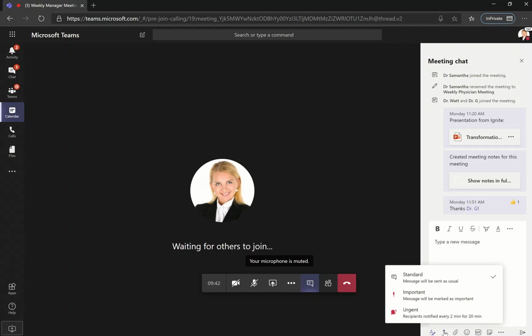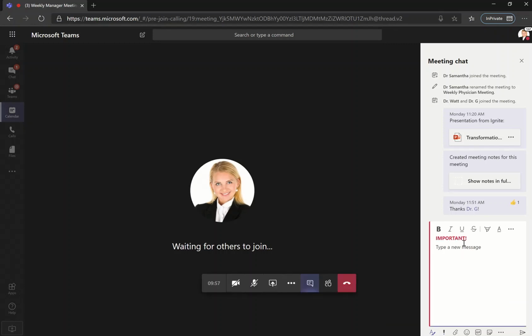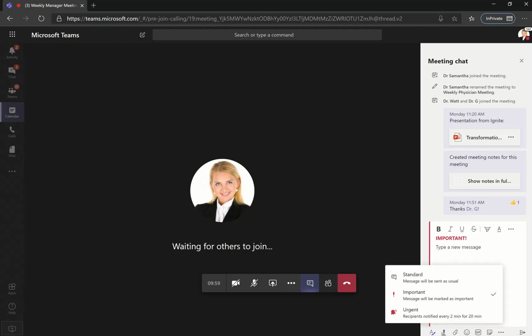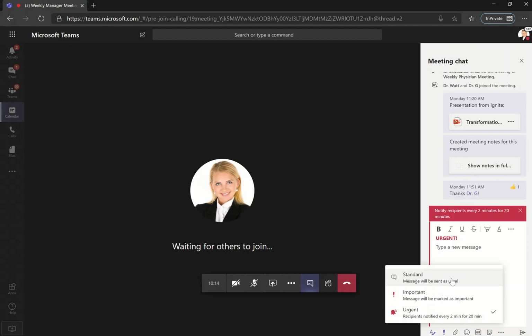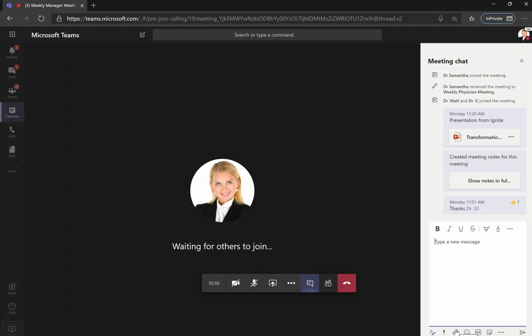The next piece is the delivery piece. So how do you want this to be delivered? The default is standard, just a message sent as usual. But there's also a couple other options. You can send it as important, so the message is going to be marked as important in big, bold, red letters. You can also choose to have it sent as an urgent message. So what will happen is that everyone in this meeting is going to get notified every 2 minutes for 20 minutes until they respond. So that's also an option, but for now we're just going to go with the standard